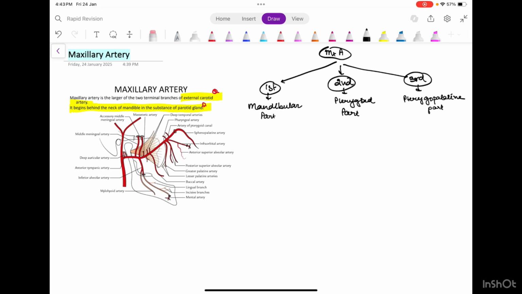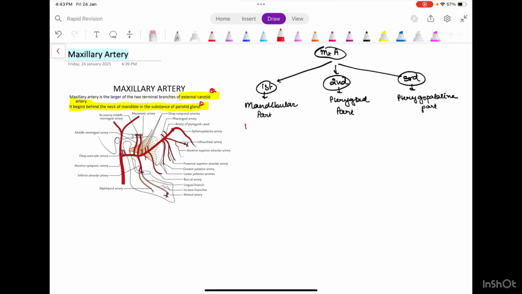Now in the first part, mandibular, you need to know that it is between the neck of mandible and the sphenomandibular ligament. Now this one is superficial to the lower head of lateral pterygoid, and the pterygoid part is between the two heads